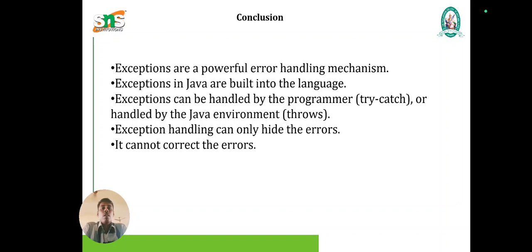Conclusion. Exceptions are a powerful error handling mechanism. Exceptions in Java are built into the language. Exceptions can be handled by the programmer with try catch or handled by the Java environment throws. Exception handling can